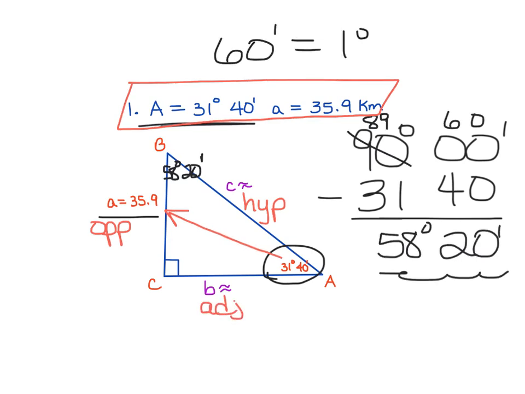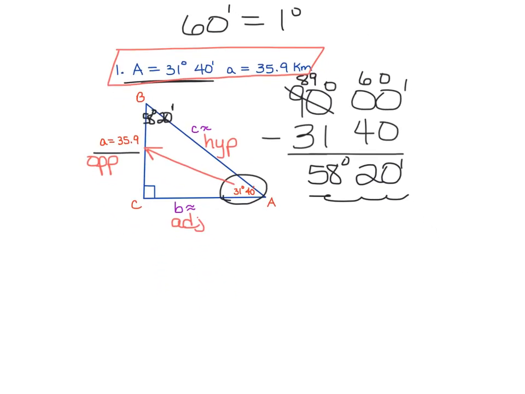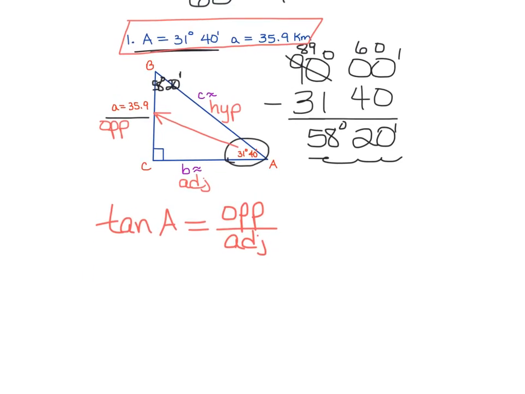And I'm going to do 2 different trig functions using angle A. So the first one I'm going to do to find lowercase b is I'm going to do tangent, because tangent of angle A is opposite over adjacent, and the side that's opposite angle A is the